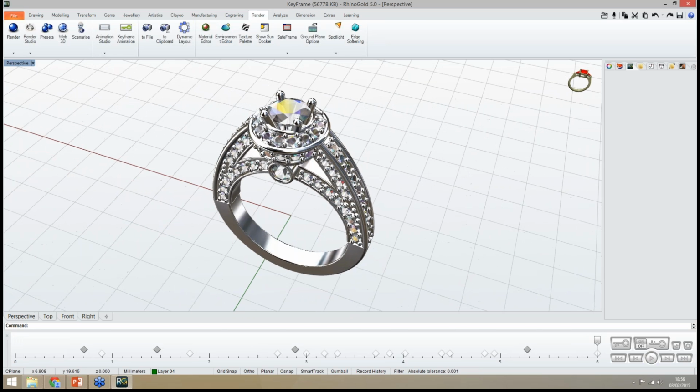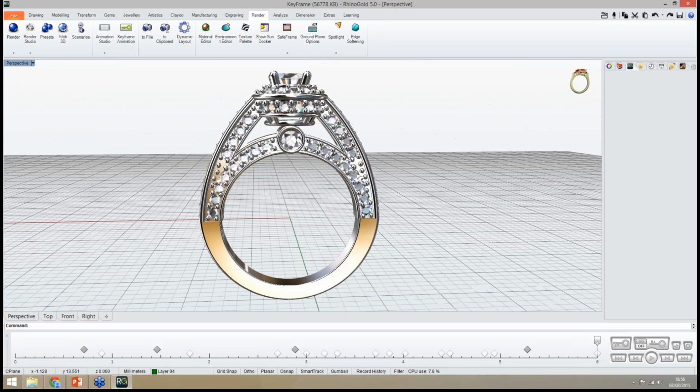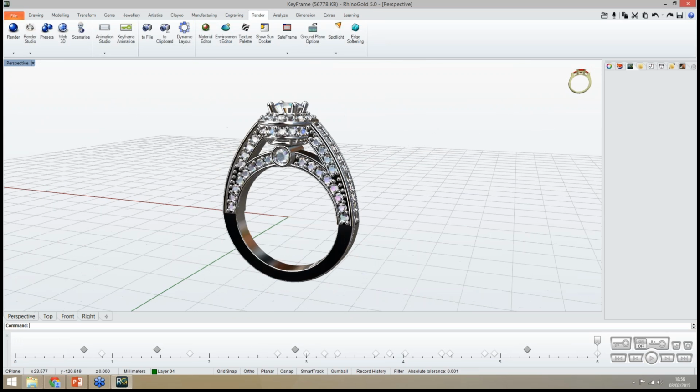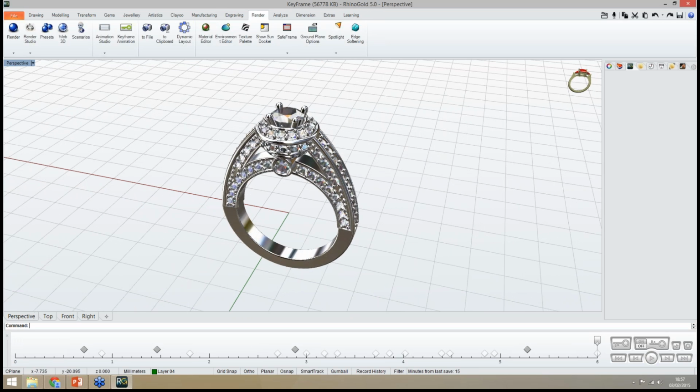So we have the line, the parameters in the bottom, and it's very easy to define all these kinds of animations. So it's one of the great tools inside RhinoGold. We can create fantastic videos with this tool.